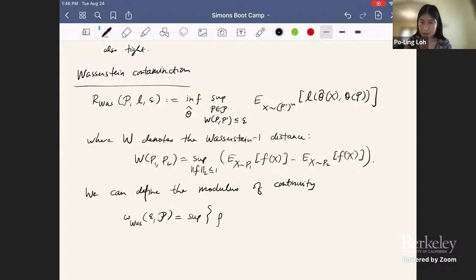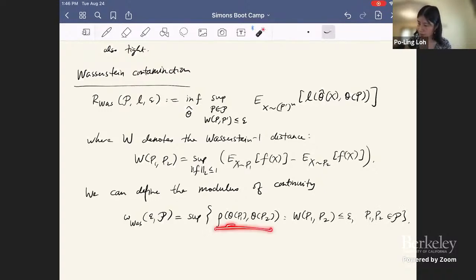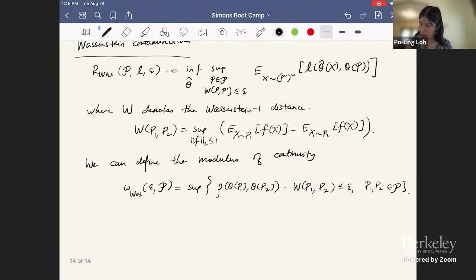And now it's going to look very similar to what we had earlier, except of course, there's no total variation distance anymore. So we have theta P1 minus theta P2, such that the Wasserstein distance between P1 and P2 is less than or equal to epsilon. Okay, so this is saying how close do the two parameters look for distributions which are now close in Wasserstein distance. And remember earlier we had total variation distance because that was directly related to the Huber ball. So we can derive the lower bound